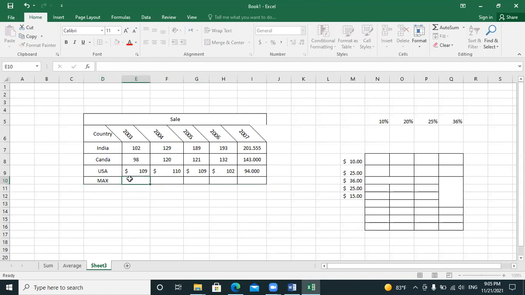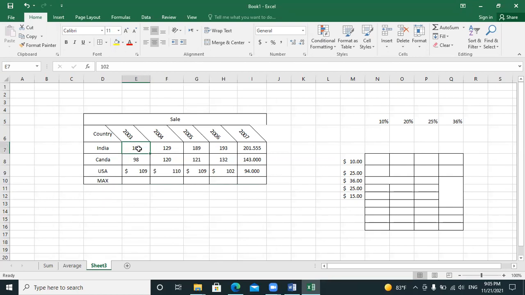What is max? Max is a maximum number. That is the biggest number in the list. So here, what is the maximum number? What is the biggest number? That is 109. So as a sample here, I wrote just three numbers. Maybe I have 100 numbers, 100 cells. So it's difficult to see the maximum number, the biggest number.